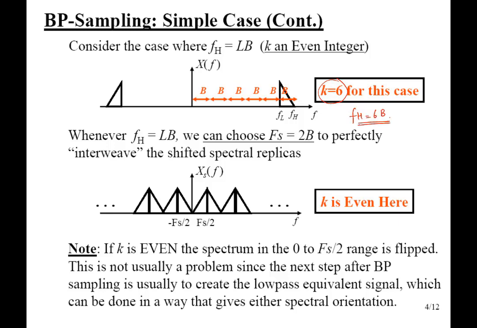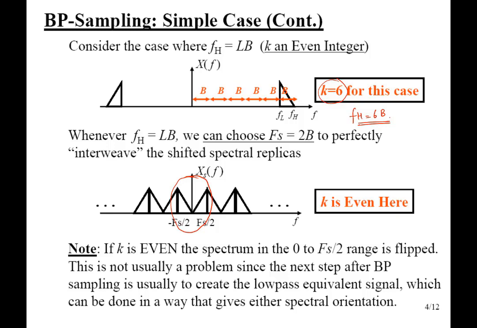So for this particular case, now if you again sample at fs equal to 2B, this spectrum, then by following the same procedure, you will see that now you will get the same two copies of the passband signal at baseband, but the difference is that these two copies are flipped. The right-sided copy has gone to the left and the left-sided copy has gone to the right, but that flipping